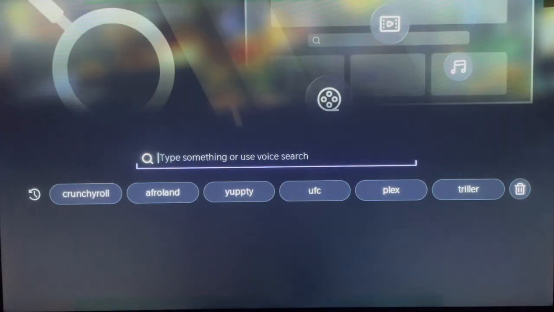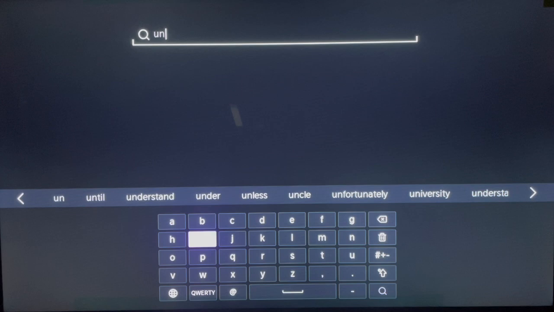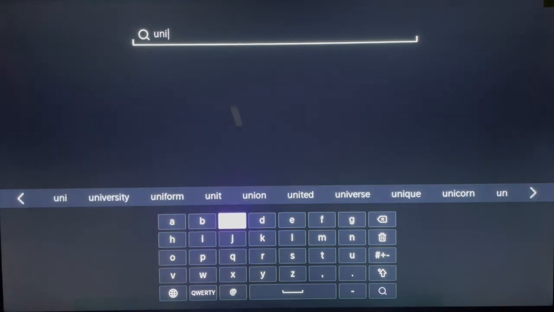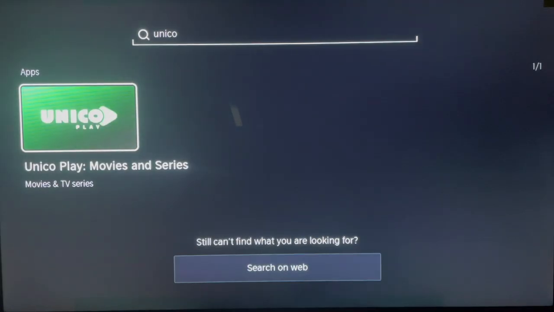So once you go over here, you can just go straight to search the application, which is Unico Play. So what you have to do, just go over here and type Unico, U-N-I-C-O, Unico, like that. Please don't make any mistake. So you can type in the whole application name, or you can just type in Unico and search, and here's the